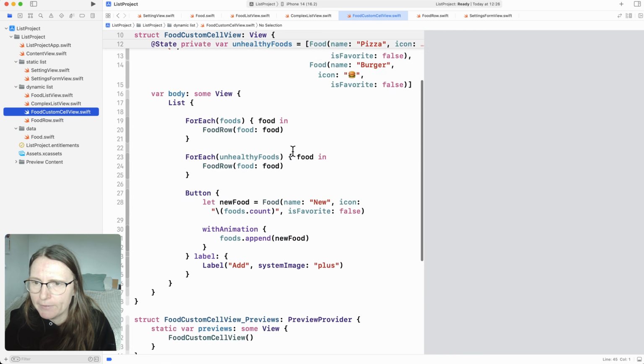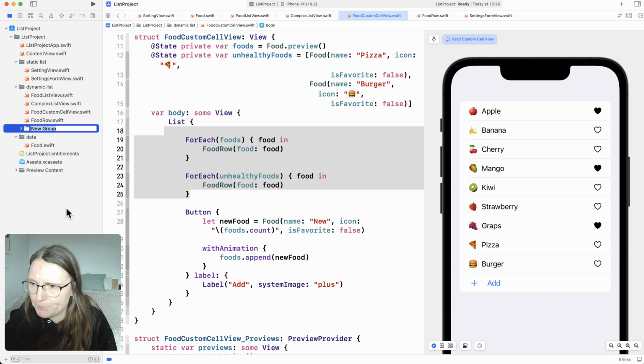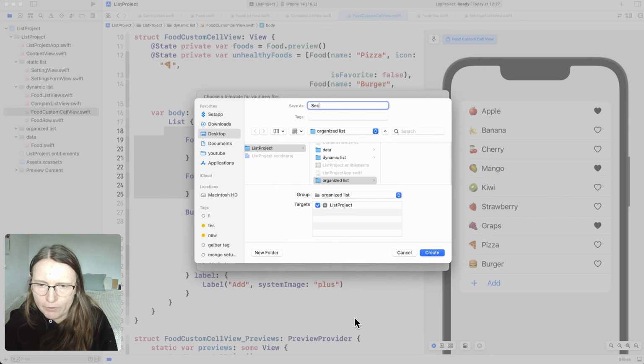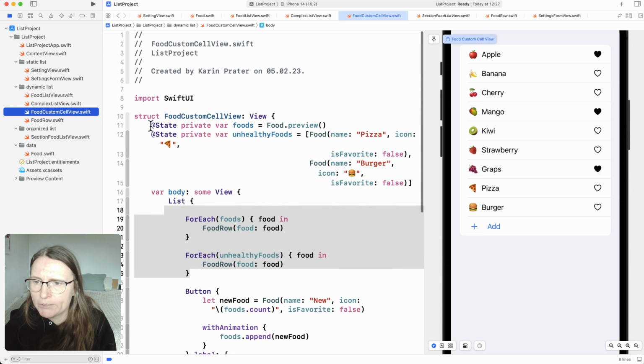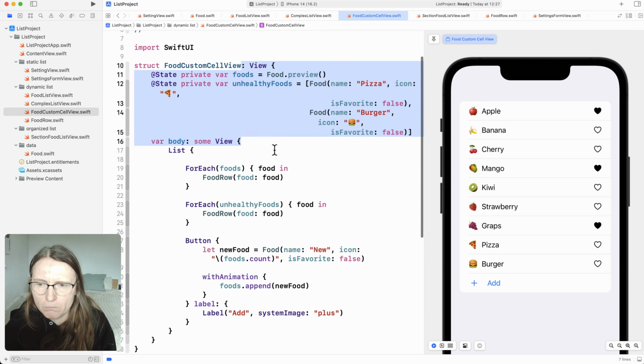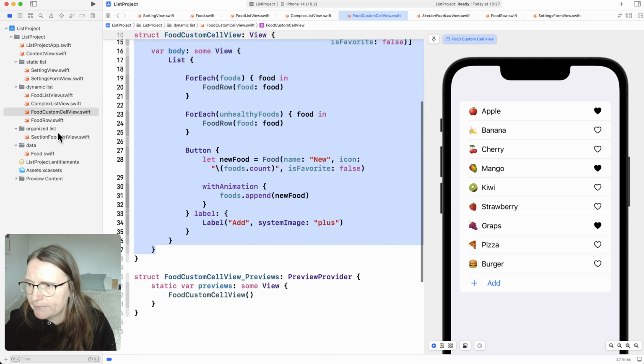Okay, now that I have more complex data here, I'm starting to lose an overview of what I have in my view, and I'd like to organize my list a little bit, for example with sections. I'm going to create a new group, organize list, and we start with a SwiftUI view where I can use the section food list view. As I already said, I basically just want to make the view where I had different types of foods a little bit more organized. So again, copy paste this sample data over to the new view,